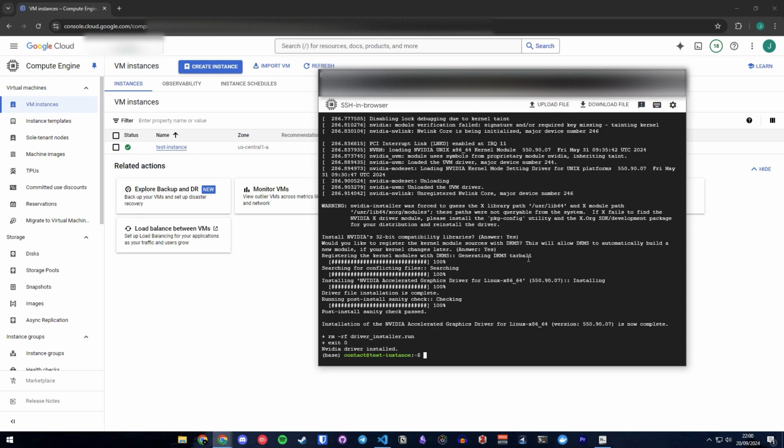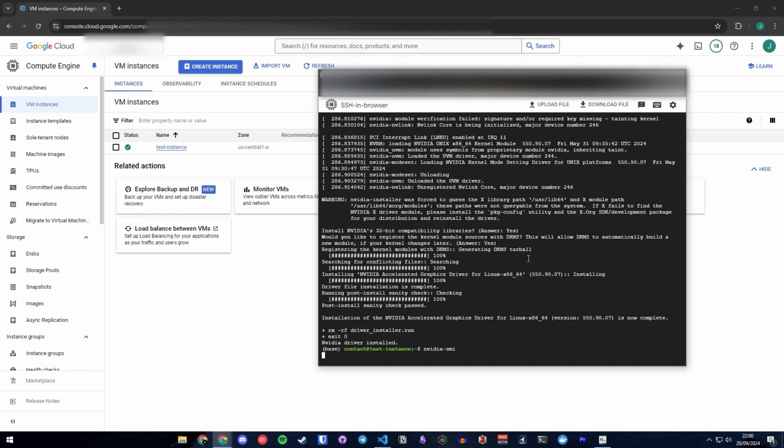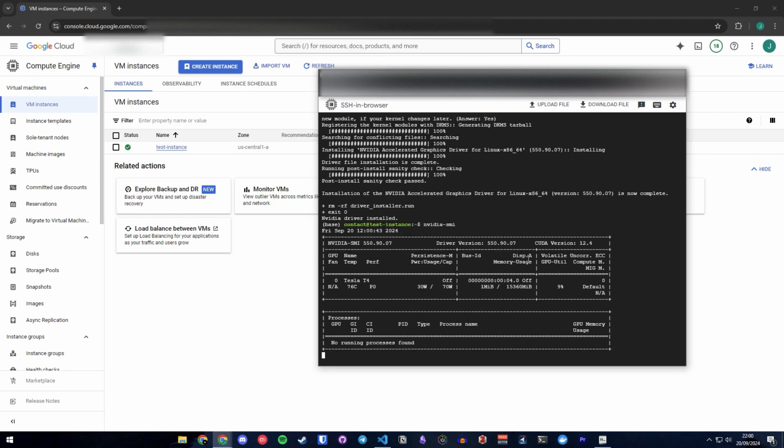Okay, perfect. Now that the installation has finished, I like to just run 2 initial commands to confirm this. The first one, just to make sure that the system is recognizing the CUDA compatible GPUs, I'm just going to write nvidia-smi into here. And here we can see a bit of a table showing our Tesla T4 and some details